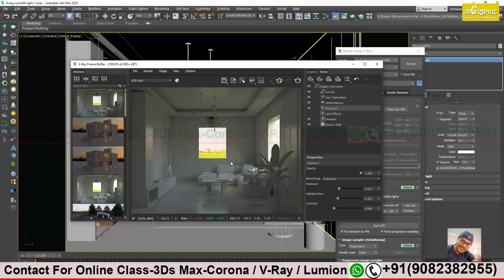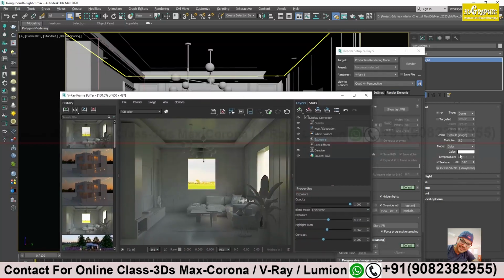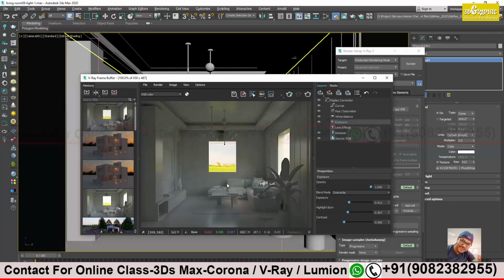So the first thing that you have to do is achieve this level. We'll go stage by stage. The first stage will be this. Try to work on your file. Try to work on your SDRI. If you are comfortable with this, use this, or if you have any other favorite SDRI, use that. I am very comfortable with this SDRI, it always gives me good results. So it's up to you. Place the SDRI, change the dome light value multiplier, change the exposure values, and try to get this kind of effect. Try it yourself.